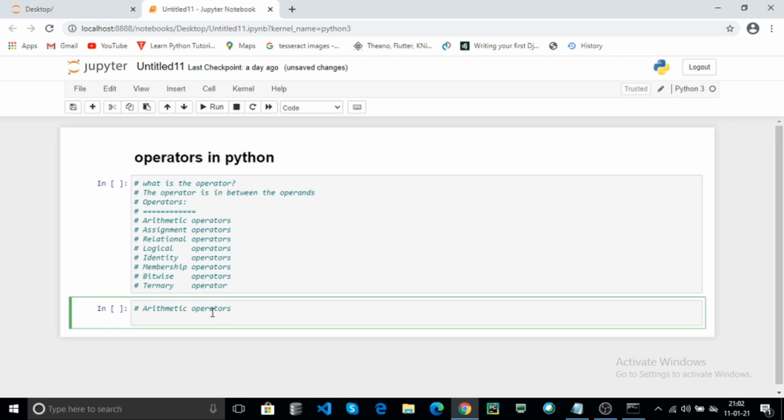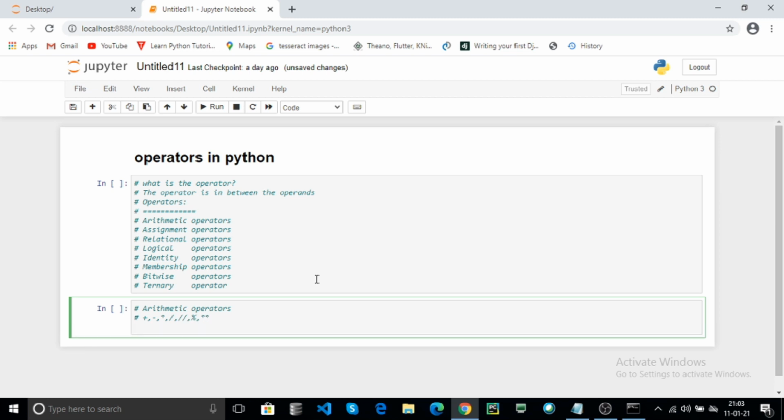Now what are the arithmetic operators? Addition, subtraction, multiplication, floating division, integer division, mod and power calculation. Now let's see all the arithmetic operators in a practical way. I want to take two variables, store the data in a dynamic way and perform all the arithmetic operations on the variables.